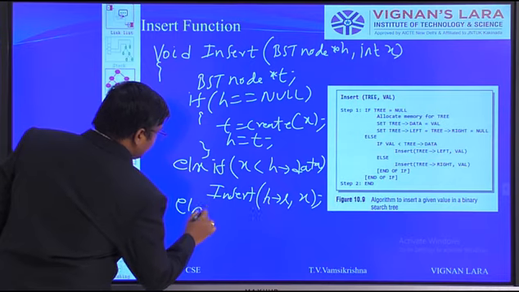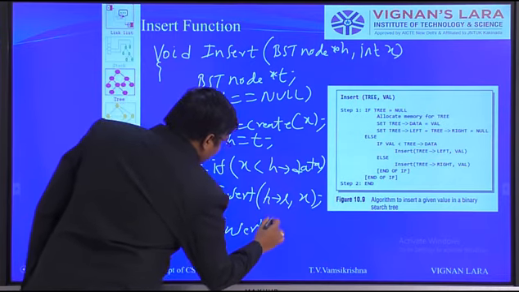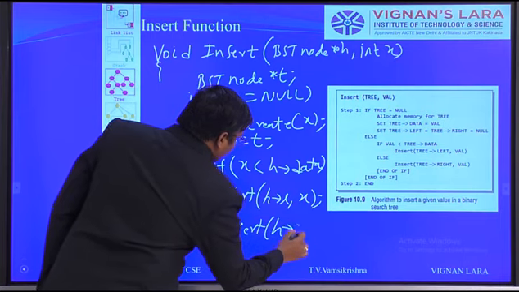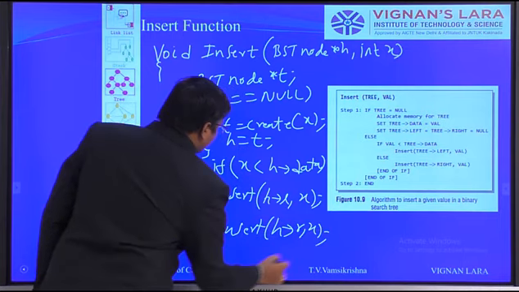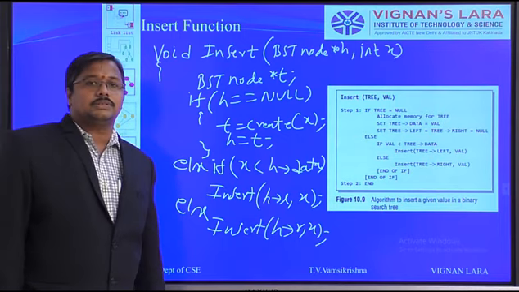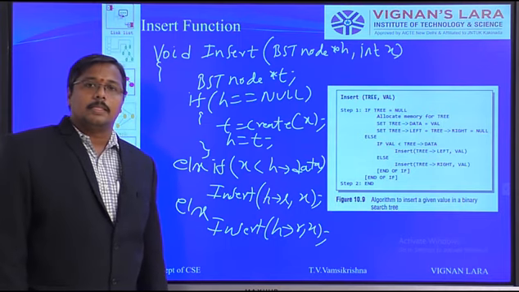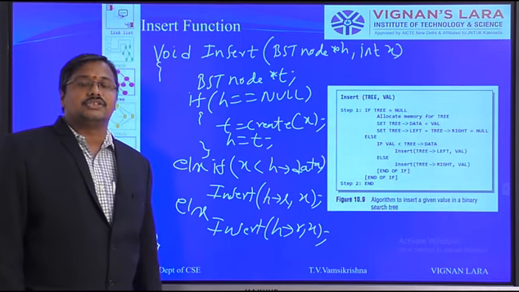Otherwise, we move to the right subtree, so insert H of right, comma X. This is the insert function. With the help of recursion, we can easily write the code for a binary search tree.